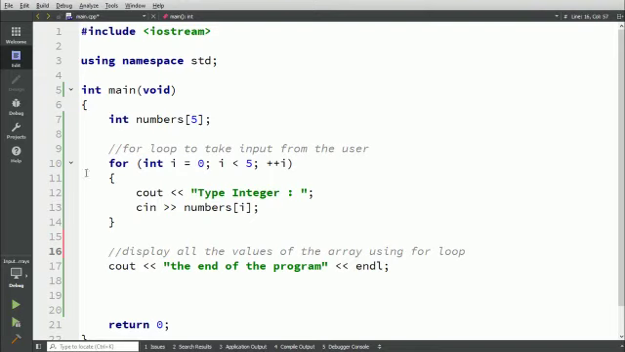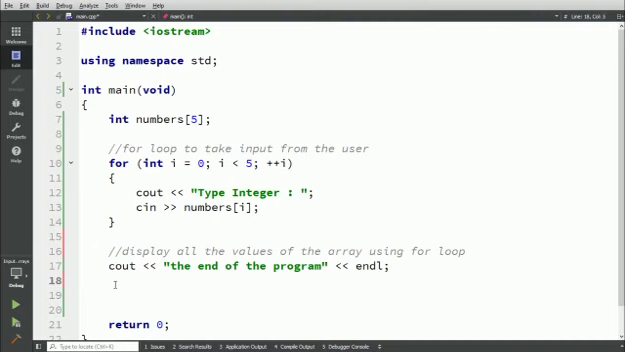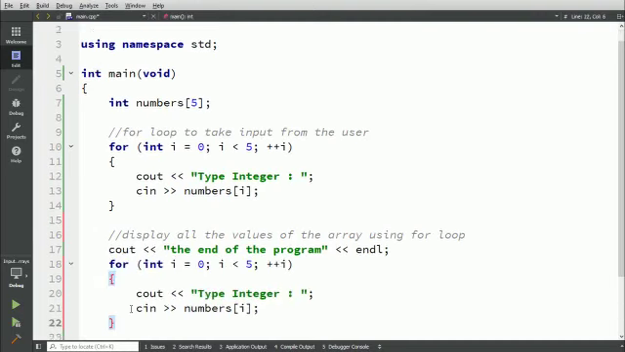So I'm going to copy the code from there, Control C to copy, and click here and Control V to paste it. This time we don't want to take input from the user, but we want to display all the values of the array. So I'm going to remove the string, and I'm going to type the name of the array, which is numbers, and then the square brackets, and within the square brackets I'm going to specify the value of i. And each time the loop executes, cout will display the values of the integer array. So we'll see 100 and then 200,